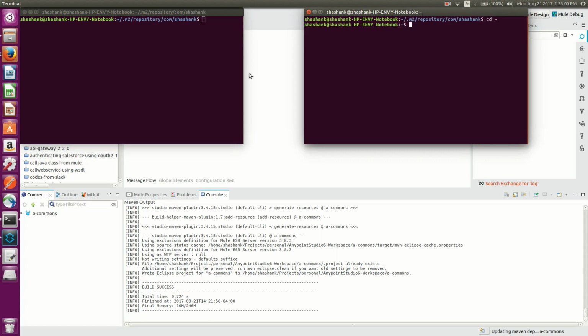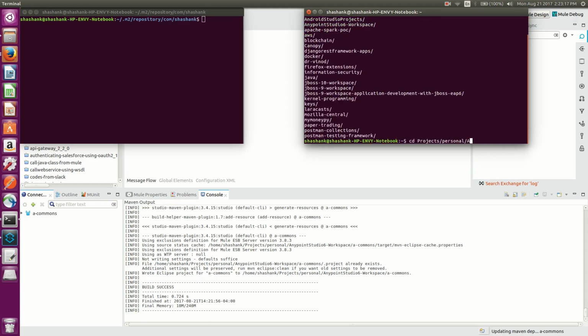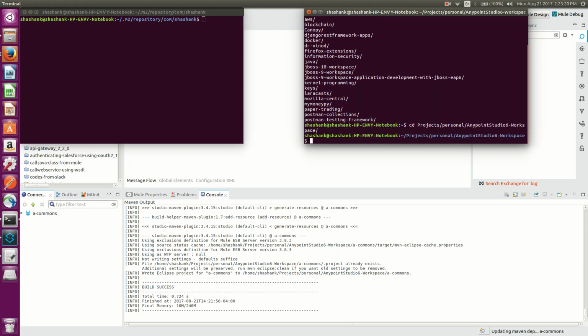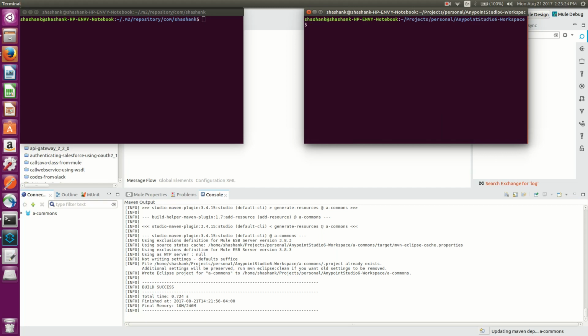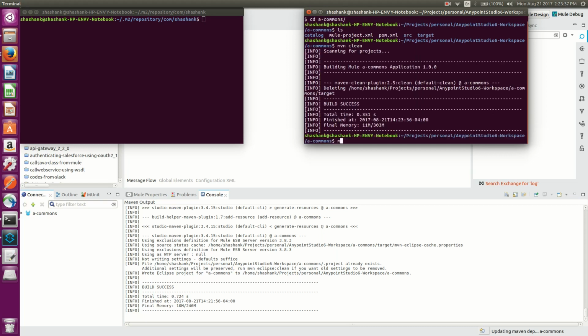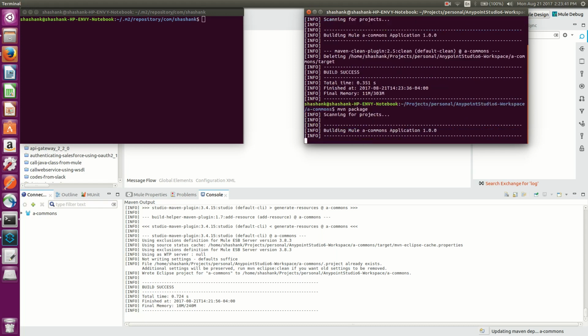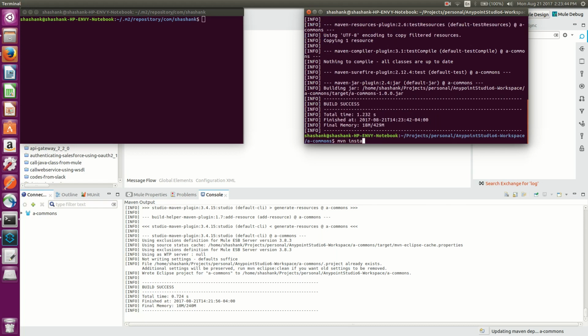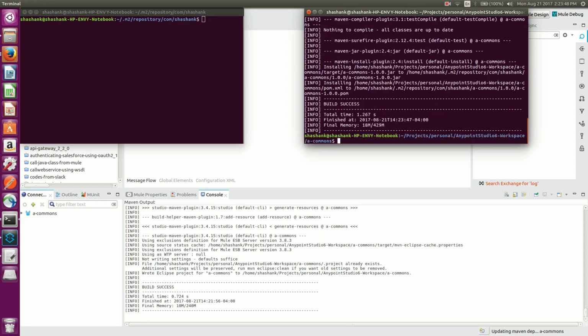Now I'm going to open a new terminal. I'm navigating. Our project is commons. Here you can see there is a pom.xml. So I'm going to use my Maven tool, Maven clean as the first step, Maven package, success, and I'm going to install this. It got installed